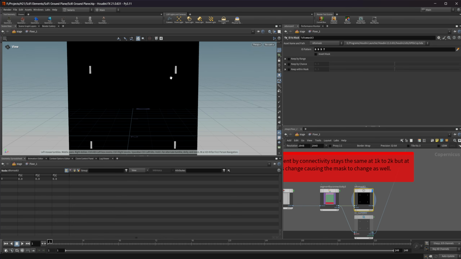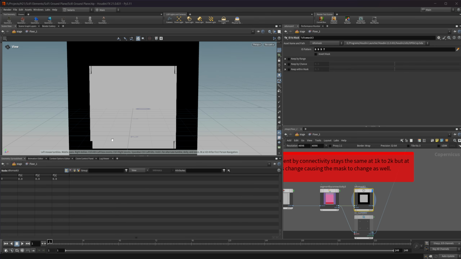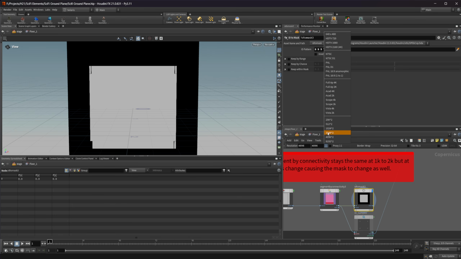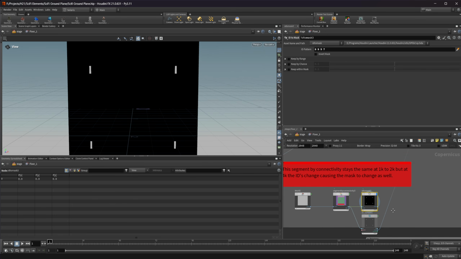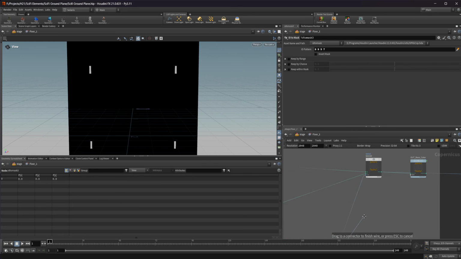So I just selected some different pieces there. And as I change the resolution here, it's going to recook. Take just a second. You can see that we now get a different output here. Let's go back to 2K. And let's see how this actually affects our